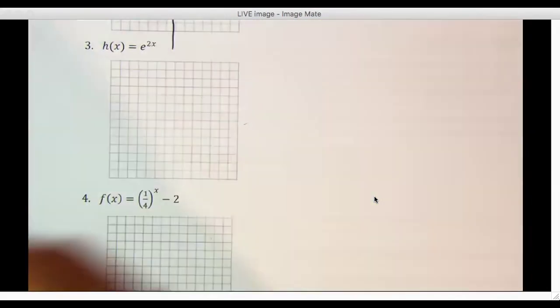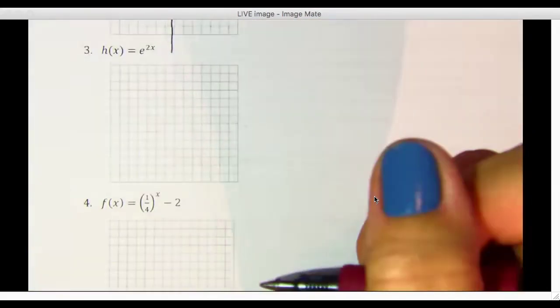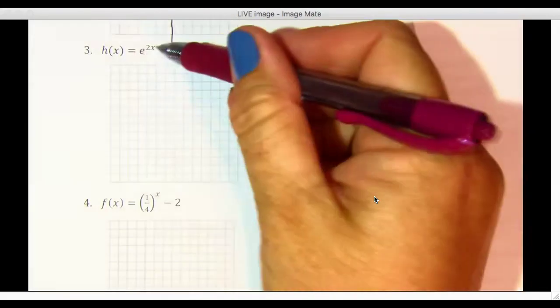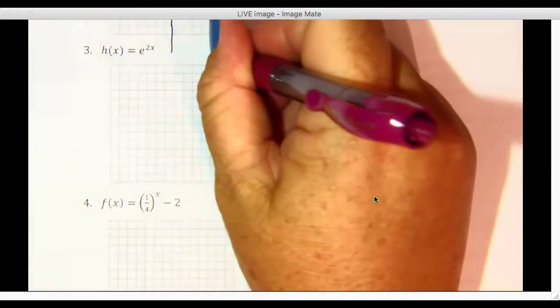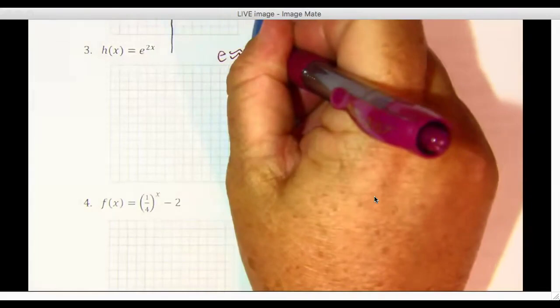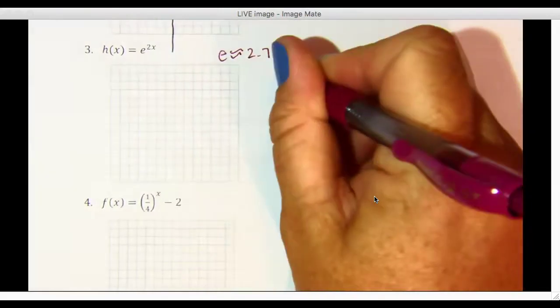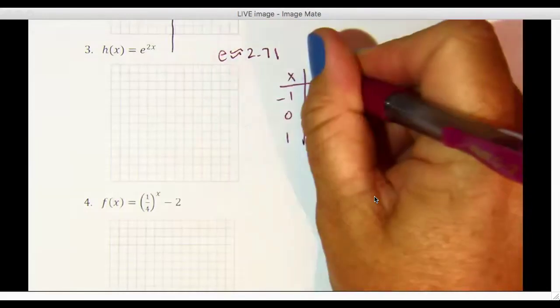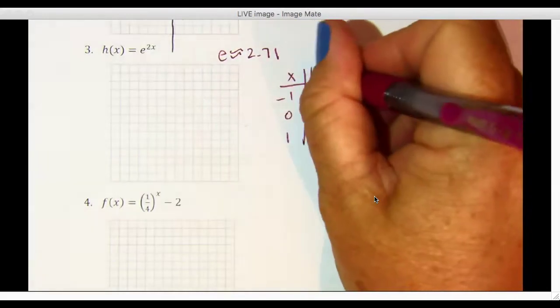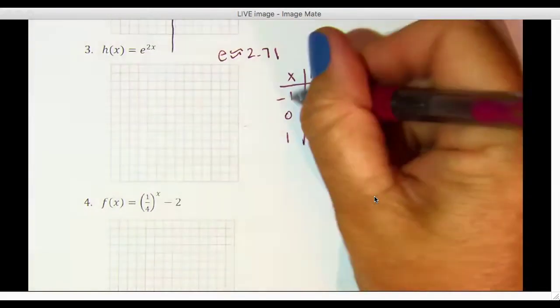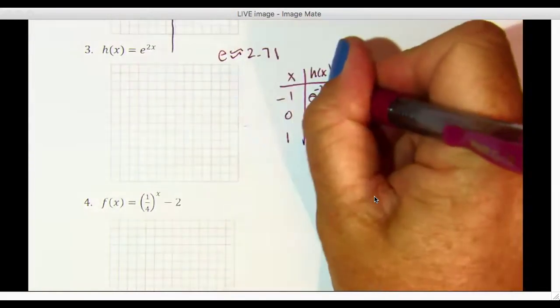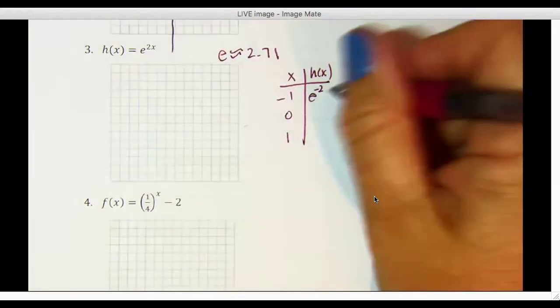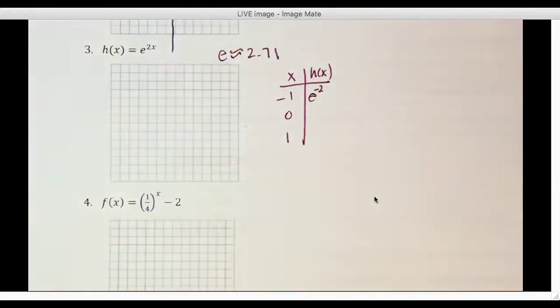So here we have the natural function or the natural exponential function. And we have e to the power of 2x. Remember, e is approximately 2.71. So making a table, I'm going to use those same x values, -1, 0, and 1. And then I have h of x that I'm graphing. If I plug in -1, I have e to the -2 power. If you were to type that into your calculator, you're going to get a pretty small decimal here. And you're going to end up with about